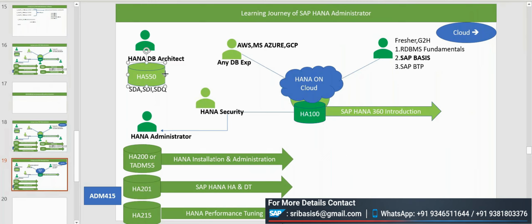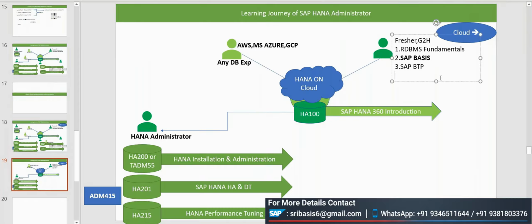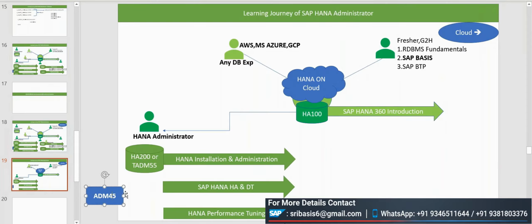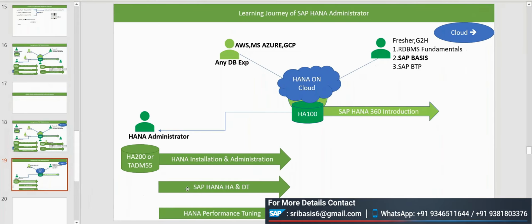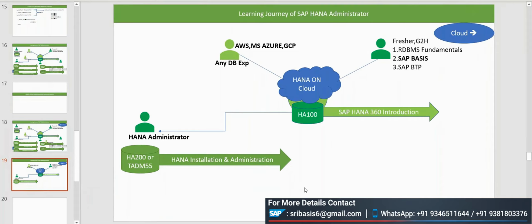So again, what are the courses for those involved? Especially two types of persons I'm taking here. For the fresher, what kind of knowledge do they have, and after that, where does it go further? After that, there is only one department, that is administrator, no other department team. Maybe some people recommend modeling point of view, but mostly administrators are recommended. Even administration price application is also there. So instead of on-premise, where the course is HA100,